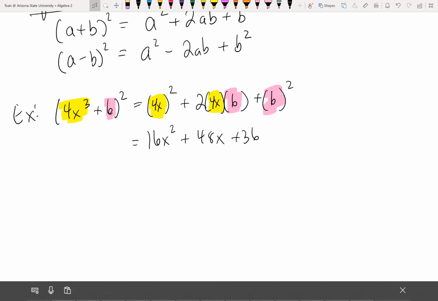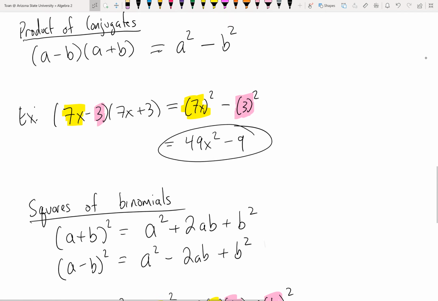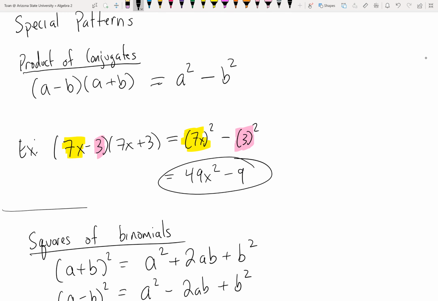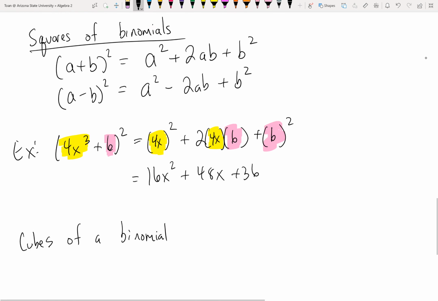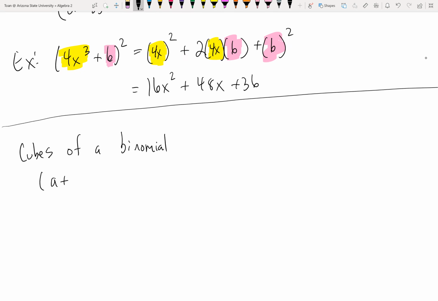Well, if there's a special pattern for squares, is there a special pattern for cubes? And indeed there is. So what if you cube a binomial? Let me organize the notes a little bit better. There we go. Cubes of a binomial. What if you have a binomial, something plus something, and you cube it? Normally, that would mean you have to write it out 3 times and do a lot of distributing. It's a headache. Well, the shortcut pattern is, again, I'm going to call A the first guy,